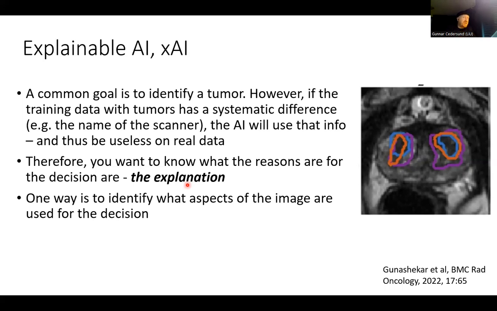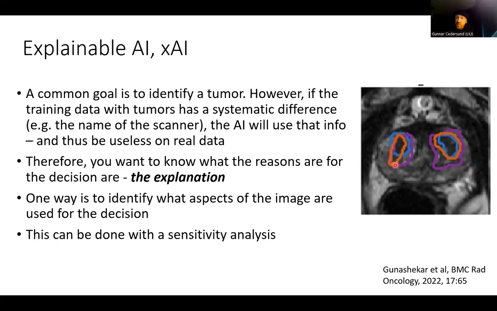But if it tells you, well, actually in this area here of the image, it looks like there are some traces of something that is a little bit weird, then that is something that a radiologist or some other kind of doctor can look at and see, yeah, you're probably right. I think it seems like you're looking in the right place, and I tend to agree with you. Then it can sort of support the radiologist and maybe even do a pre-screening and so on. And this then is part of the explanation that, okay, this is where I'm looking to make my decision.